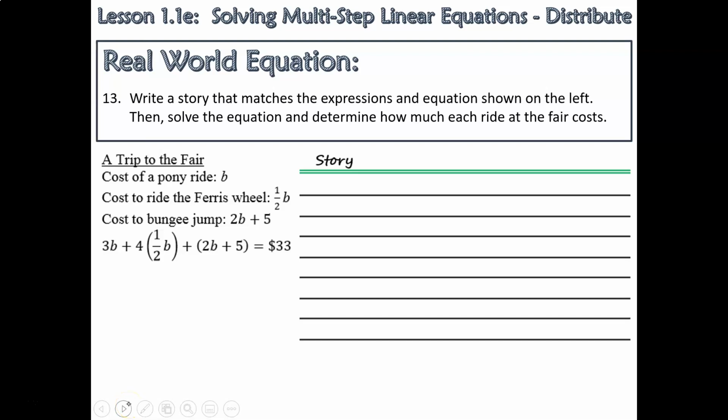First, let's go over the information. So a trip to the fair. The information on the left says the cost of a pony ride is B. The cost of riding a Ferris wheel is a half B. The cost of a bungee jump is 2B plus 5. So now this expression on the bottom shows us 3 pony rides, 4 rides on the Ferris wheel, and 1 bungee jump. That was probably enough for anyone. And this amount is the total amount